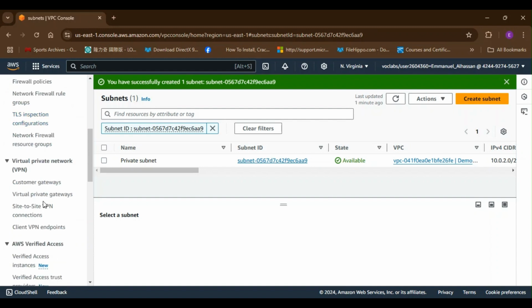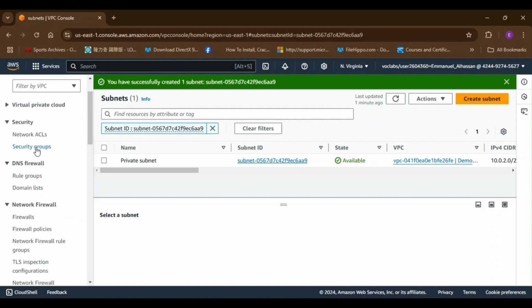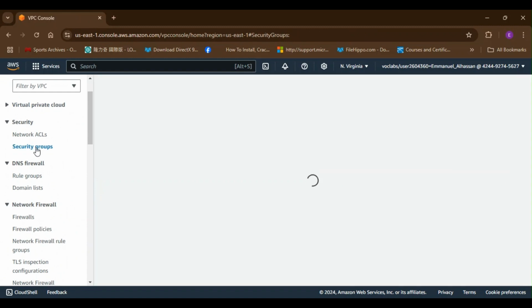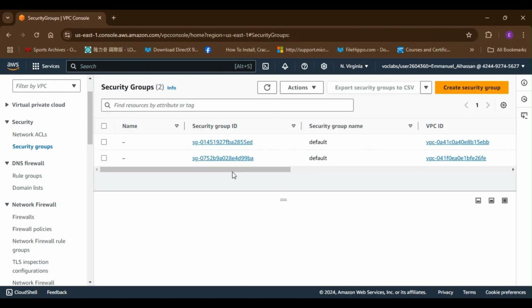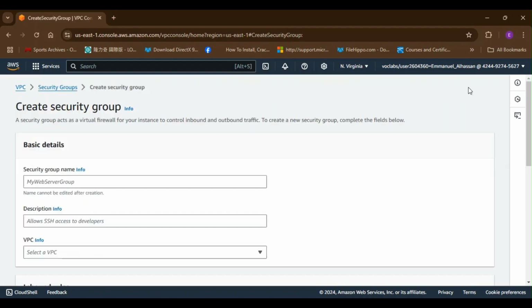We mentioned securing our VPCs using security groups and network access control list. I'm going to create a security group. Now let's call this app security group. And what our security group is going to do is to allow HTTP traffic